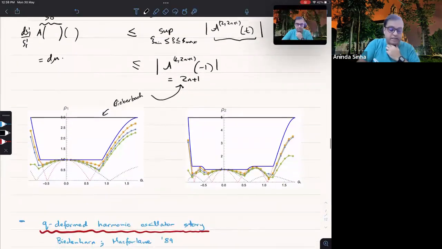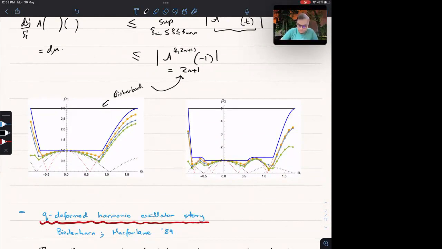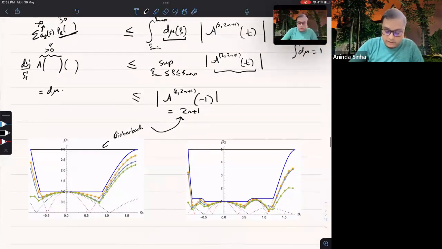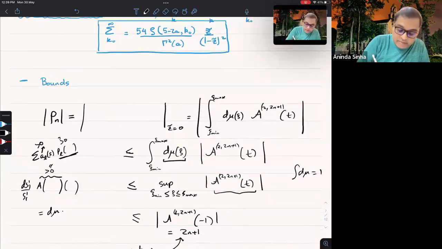I'm just saying that in this way of writing things, I can interpret the boundary as Alexander polynomial. But couldn't you have gotten that bound on the individual objects rather than differences? Because here you have to always take differences, right? No, so I actually should have told you this, that I could have done it in a manner that I